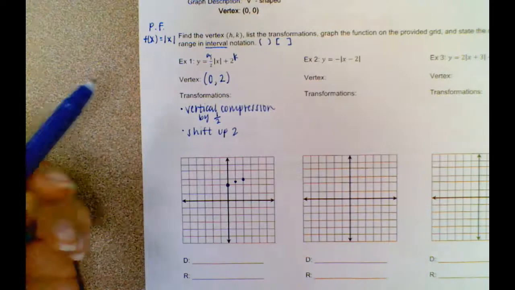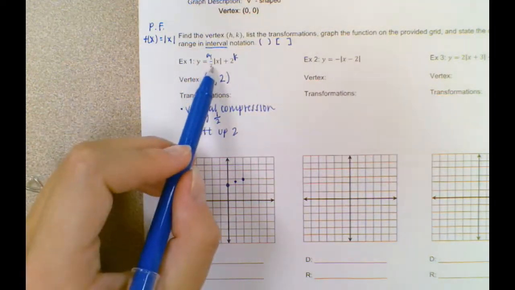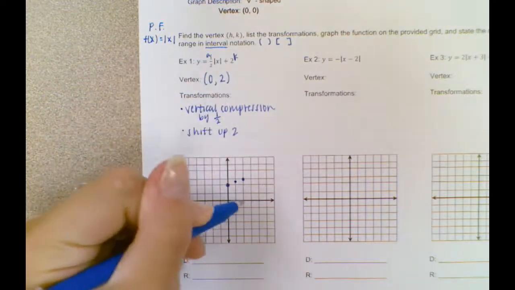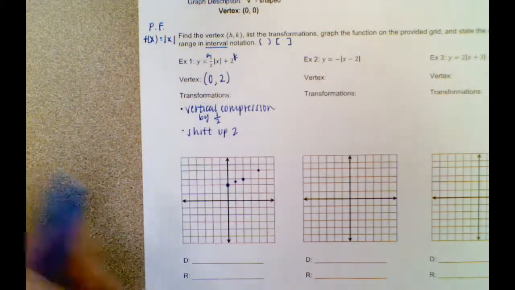Let's plug in a 4. Okay, so if I do 4 times 1/2, I get 2. Plus 2 is 4. So 4, 4. Right, that's a good enough picture there. And then